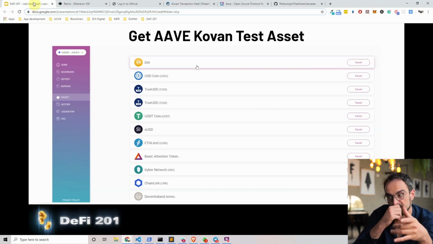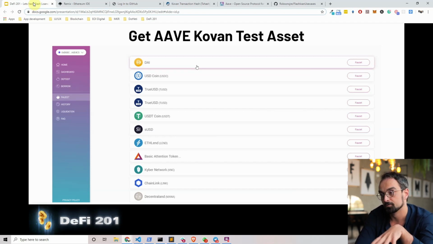We will have to pay the fees in DAI or in USDC or whatever we want to do a flash loan with. In our basic flash loan example, we're gonna do a DAI flash loan. So we're gonna borrow around $10,000 worth of DAI. So in order to get